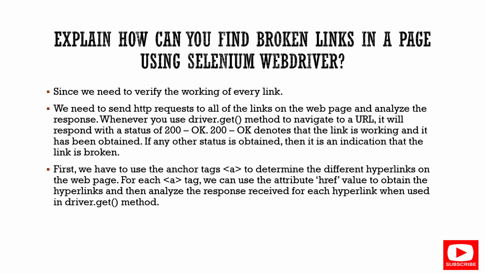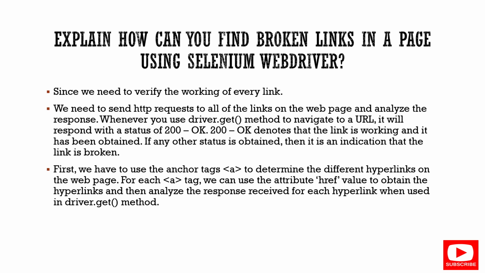Normally if you want to check any links on the web page, you will go for the tag name anchor tag A. If you keep these anchor tags in a list and iterate over all the list items, you will get all the links available on the web page. Under those links you also need to find whether they are working or not. To check this, you need to be familiar with HTTP responses, or we can say web services testing. Because in web service testing, whenever you hit any URL, it will give you a response 200 and status code OK. In a similar manner, we need to verify in Selenium.